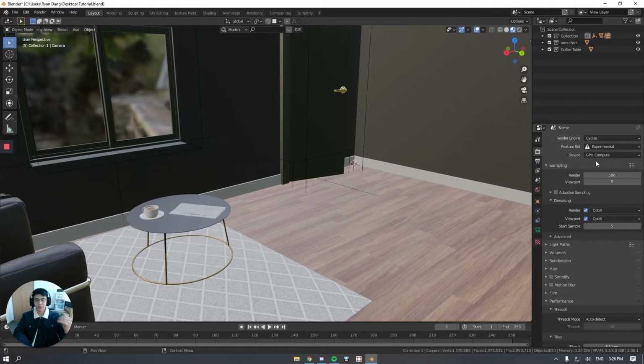Eevee is a biased render engine, so what that means is that it doesn't use actual light bounces to calculate how much light is in your scene. It will only approximate how much light is coming in based on the light source, and that comes with its own pros and cons. The pro is that it renders extremely fast, and you can see stuff in real time really easily. The downside is that sometimes it does not look as real as Cycles